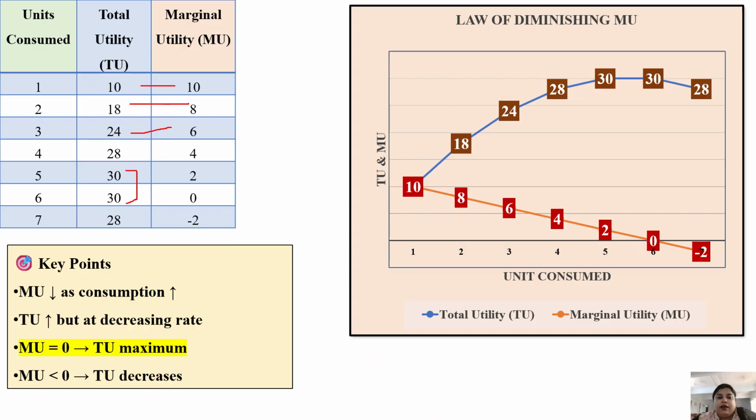We can subtract 24 minus 18. Now after the fourth unit, the total utility is 28 and MU is 4. After the fifth unit, the MU is 2 and TU is 30. And after the sixth unit, the MU is 0 and TU is 30. This is the TU's maximum point, where total utility is maximum,